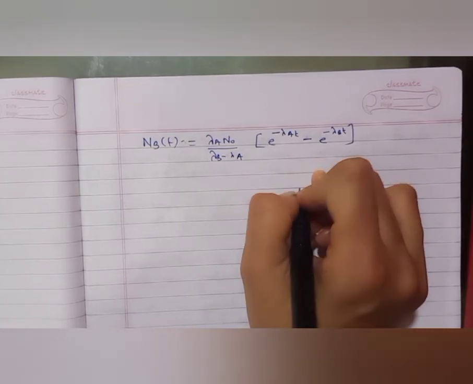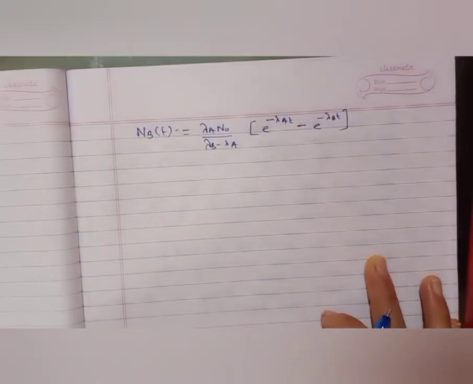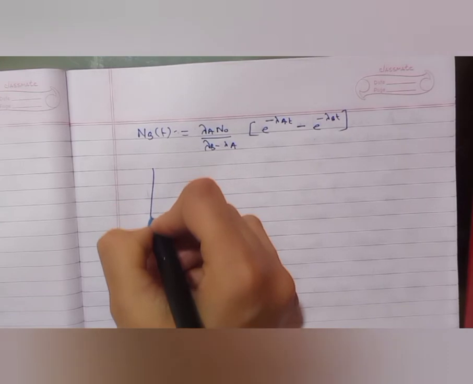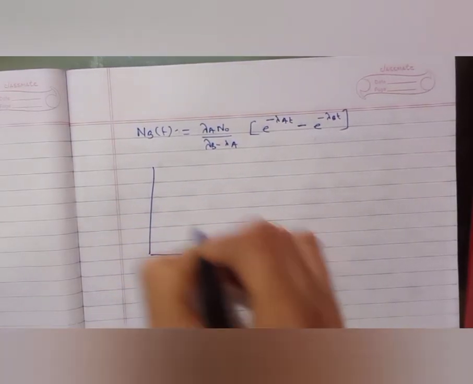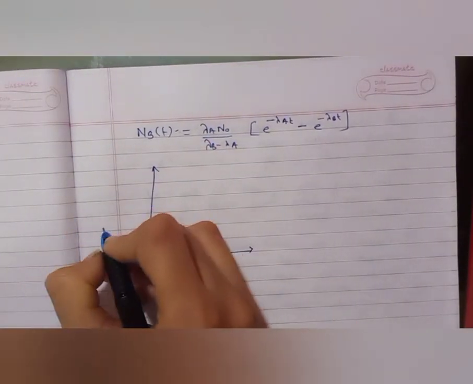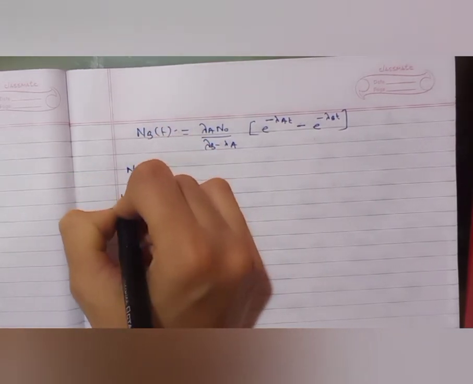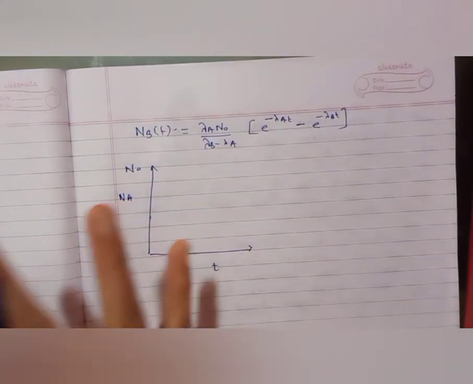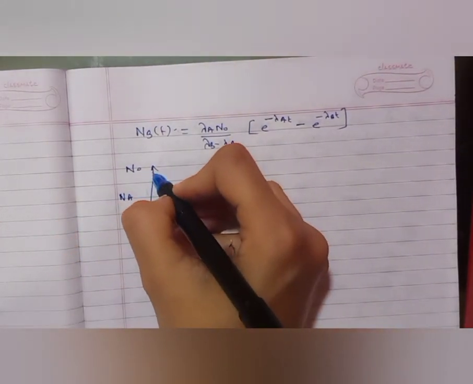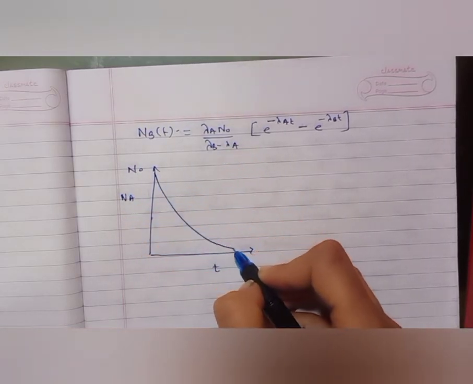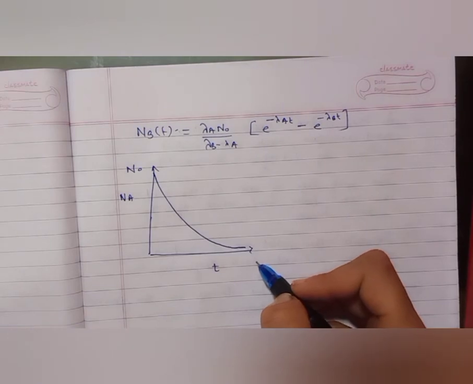So hence proved. Now in the second part, they have asked us to sketch qualitatively the variation of Na, Nb and Nc with time on 3 separate graphs. What we want to plot is time on one axis and N on the other. First we consider Na. A atoms are already there and they start decaying, so the graph will be an exponential decay with time. The graph for Na will be like this.